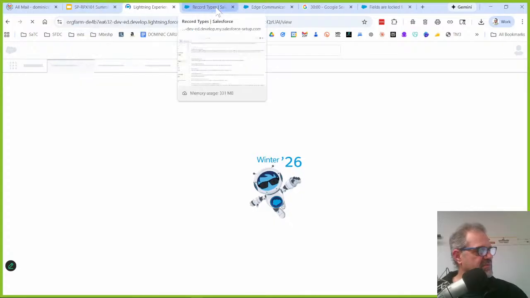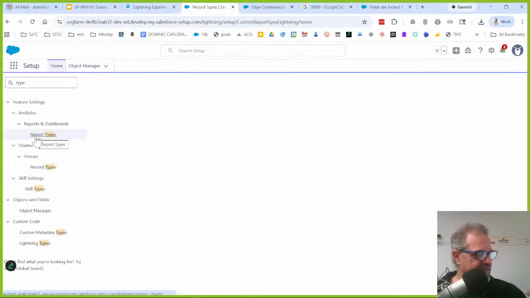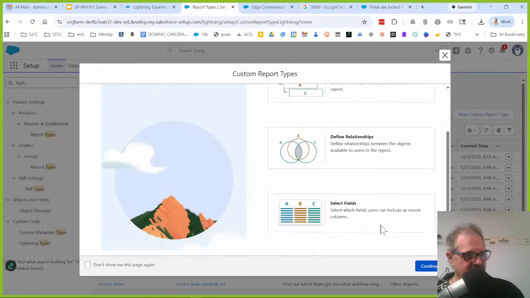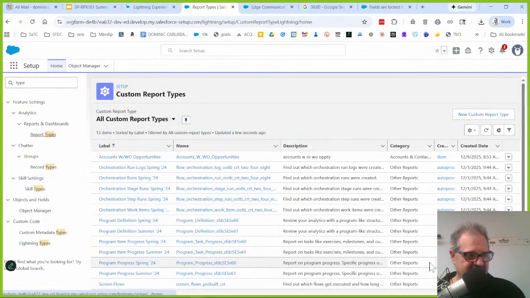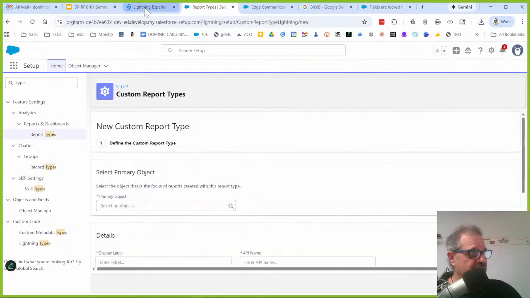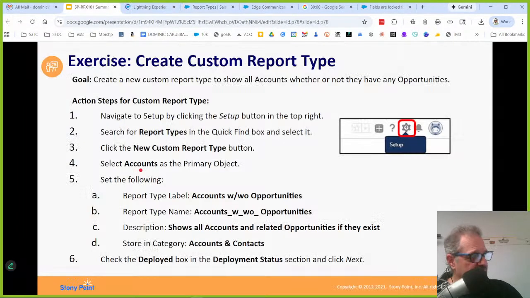So if we want to create a report type, again, this explains it. You select the objects, define the relationship, select the fields. That's the basic steps to do it. And when we create a new custom report type, we're going to create one that's for accounts with or without opportunities. By default, Salesforce,